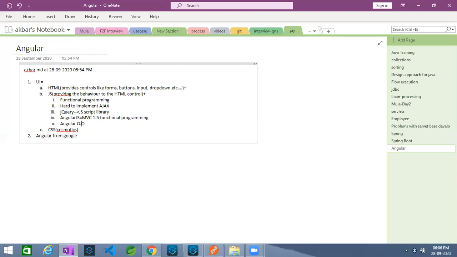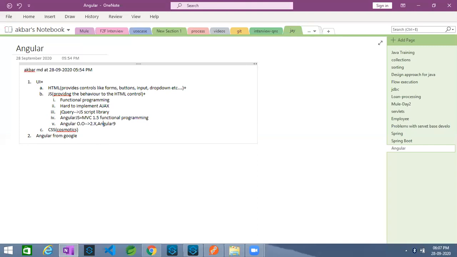Then Angular released the initial version, that is Angular 2.x. The current version is, I think, Angular 9, if I'm not wrong. Angular 9 is the current version from Google. So we are going to refer to it as Angular, that's it. Angular 2, 3, 4, 5, it doesn't really matter.